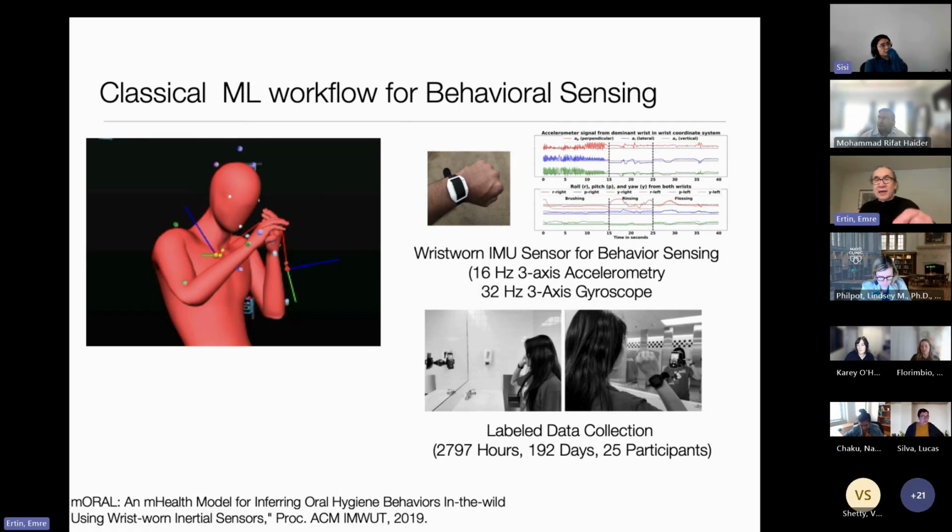And here comes the painful part. To power this study, there was labeled data collection of 2,787 hours of data collection, where 25 participants wore the bands over 192 days, and which provided enormous data that both powered the training and testing of the machine learning algorithms that map the sensor data, accelerometry, gyroscope, to the decisions about the oral behavior, whether they are flossing, when are they flossing, how long are they flossing,